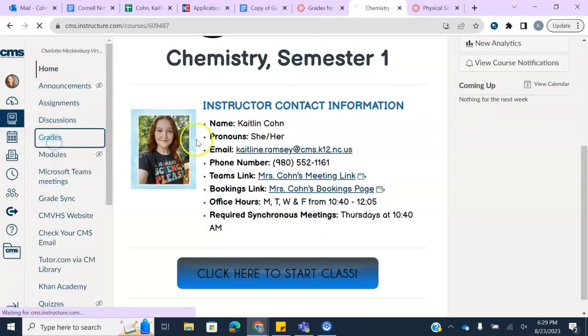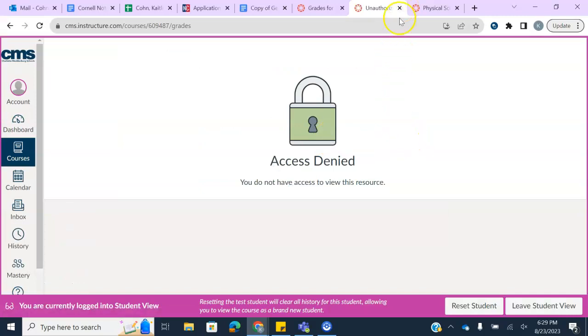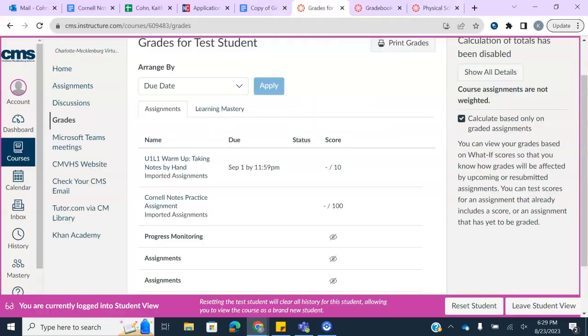So let me see if I can get an example. Oh, no, I'm in student view. Let me leave that student view really quickly. But anyway, I don't think it'll pull up right now because we haven't started the semester. But if you're missing something, there will be a little red flag. It will say missing, and then you'll be able to click on the assignment and it will take you to that assignment and you know you need to complete it. So if you have questions about what am I missing, what do I need to do, we shouldn't be getting behind, but if for some reason we do, you want to click on the grades tab and it will show you. Okay,